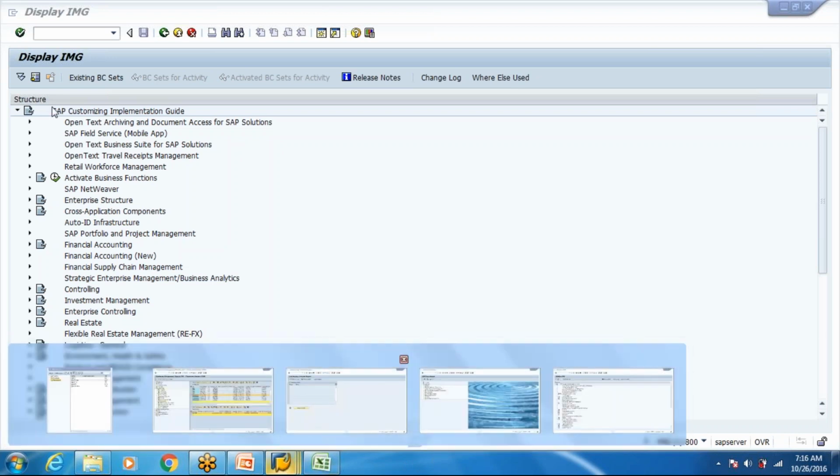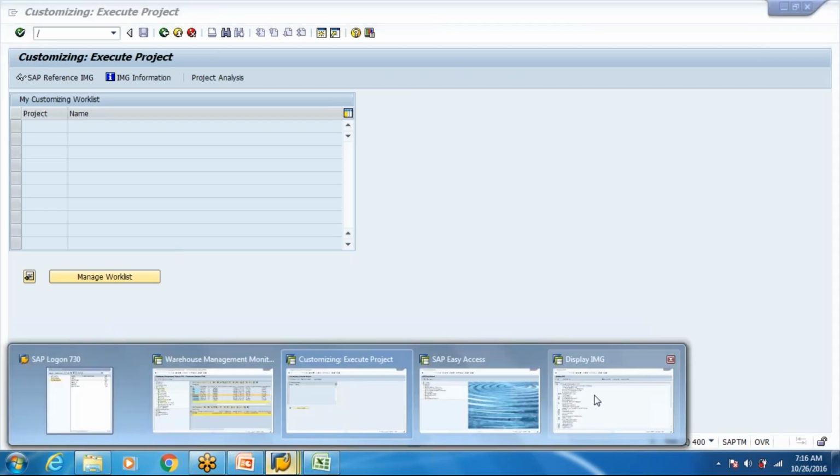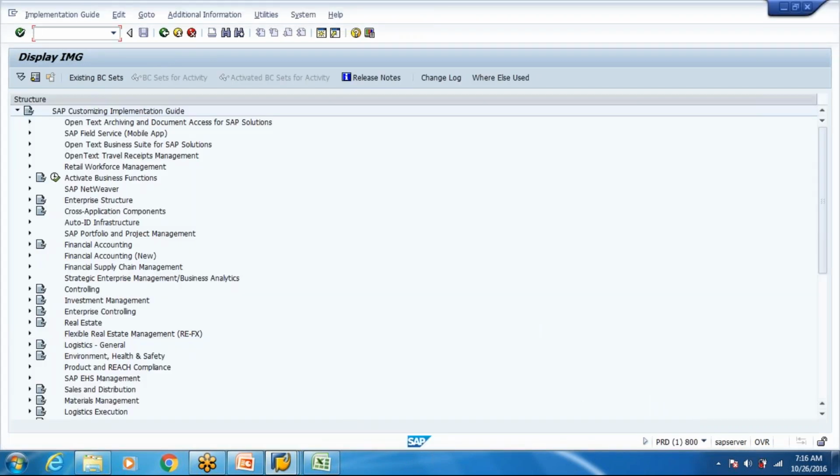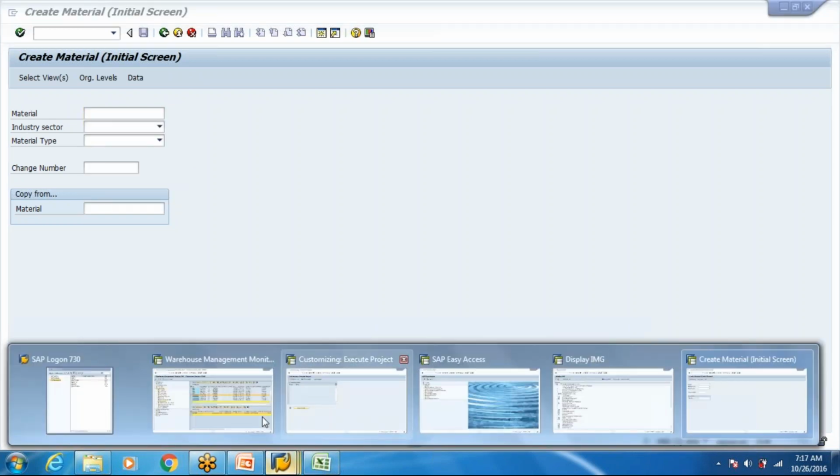The question was how we create this product in ECC. So we go here, MM01. We created a carton M, I think, or carton S. What is the packing material used here?